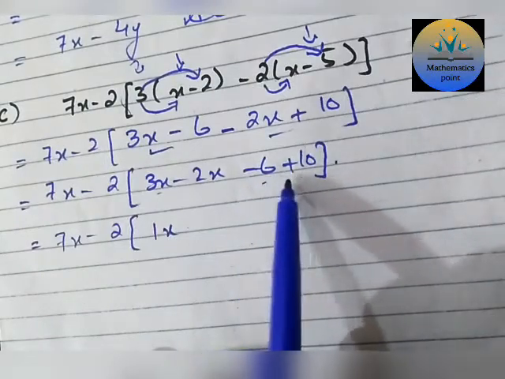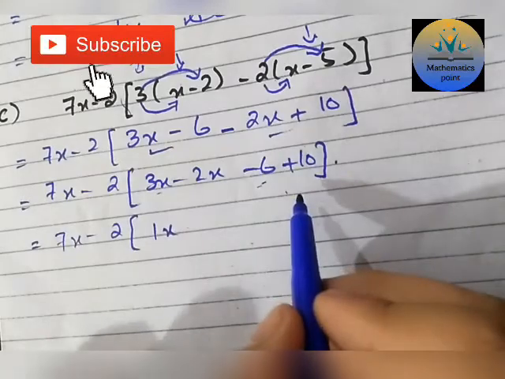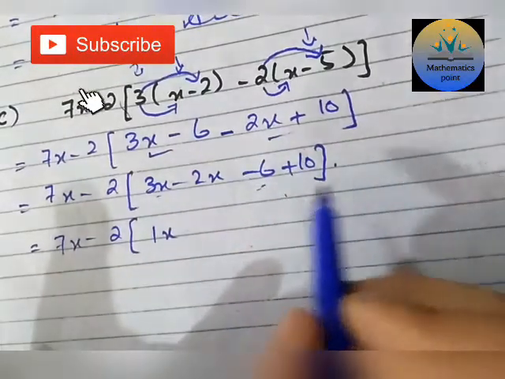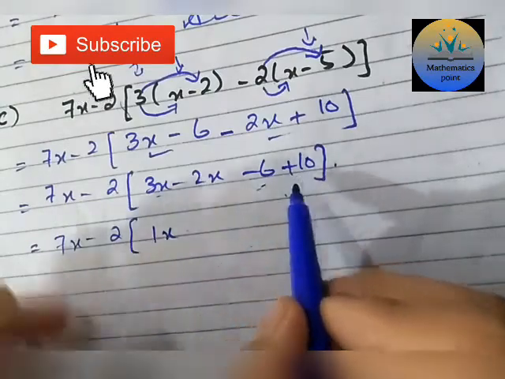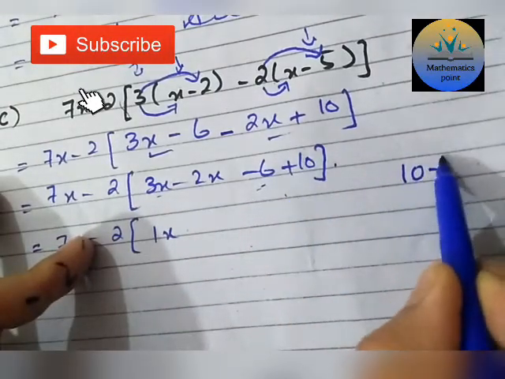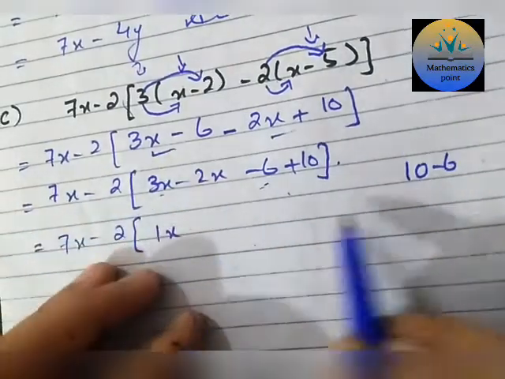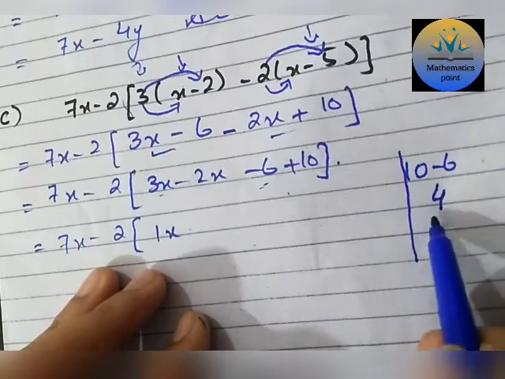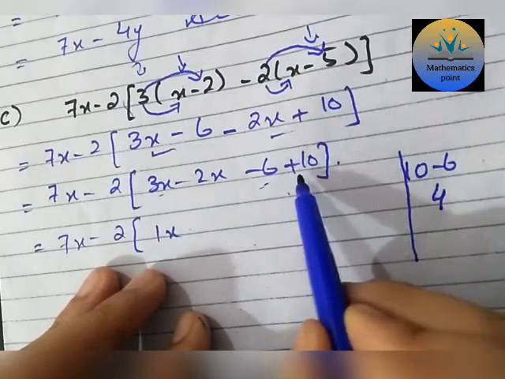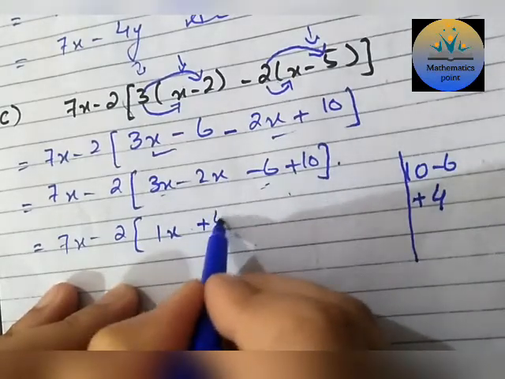Now we have opposite signs. Opposite sign terms will be separated. Now most of the students, when I say terms will be separated, just write, okay, now we have to subtract 6 from 10, so they write 10 minus 6 here. No, there is no need to write 10 minus 6 here. You can just do this in the working. 10 minus 6 is equal to 4, and place the sign of the greater term. Greater is 10 and the sign of 10 is plus, so plus 4 here.